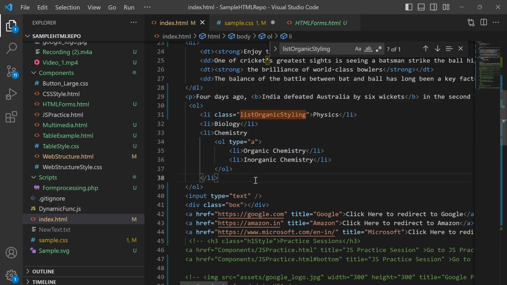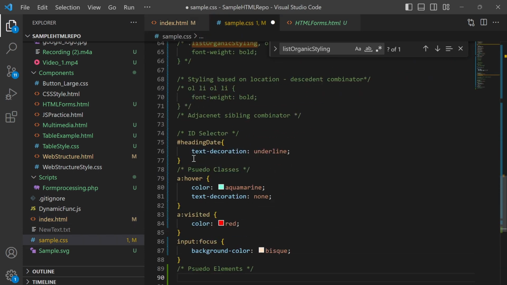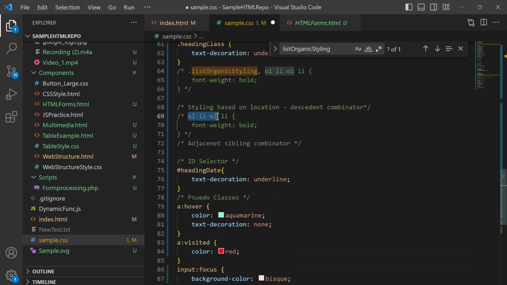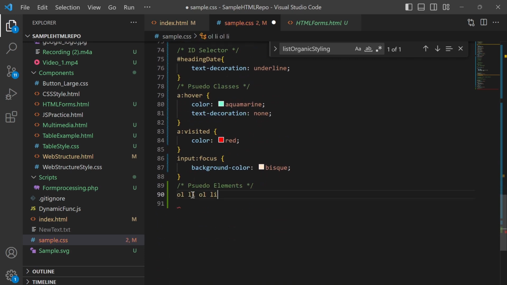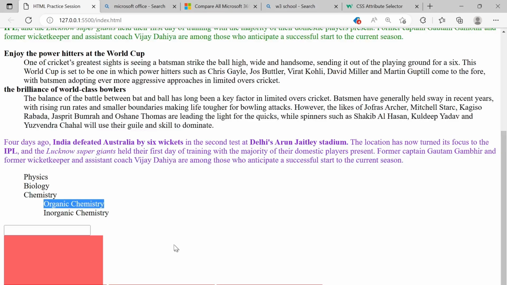So now what I can do is use the descendant combinator like this, the one which I have used here also, OL LI, OL LI. But out of these two LI,